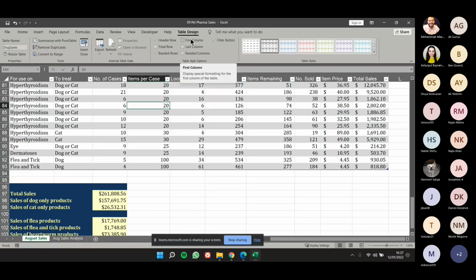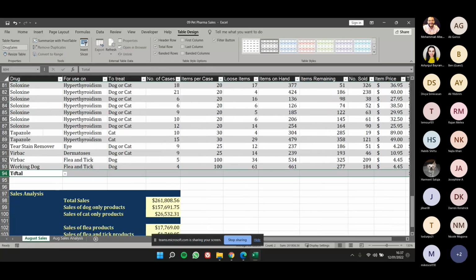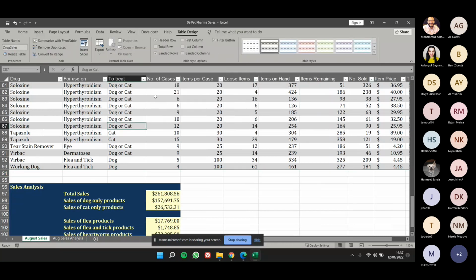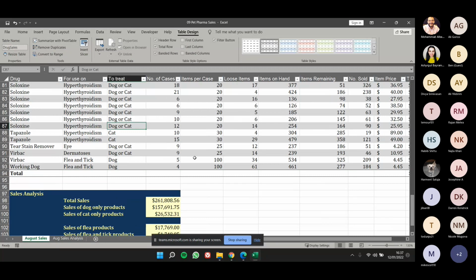So to add the total row option, what we can do is click on the table design tab, and where it says table style options command group, we can select where it says total row, and you will see that it's added a total row for us automatically. If I untick it again, it will disappear. If I select it again, it will reappear. And what this does is essentially provide us with a total row that we can quickly use. For example,